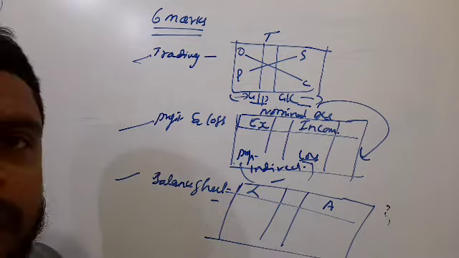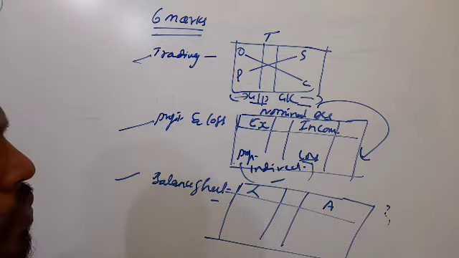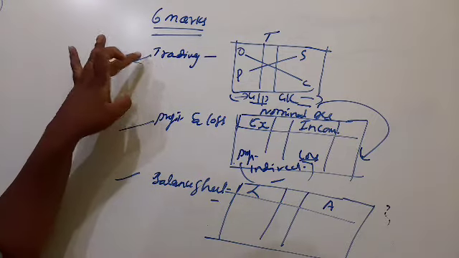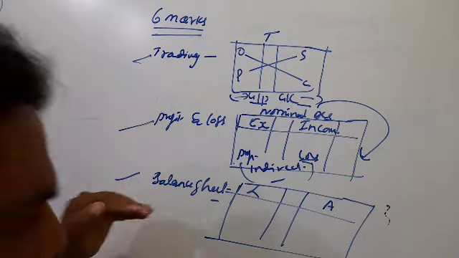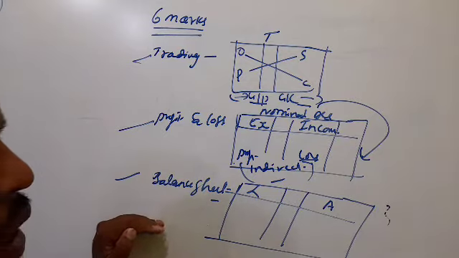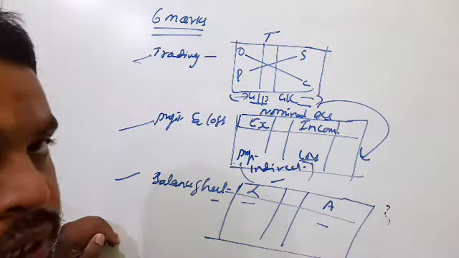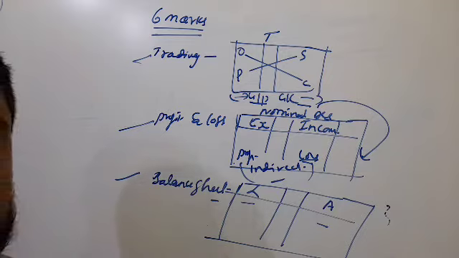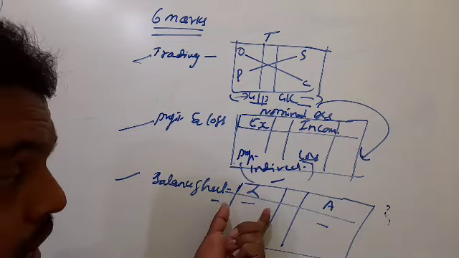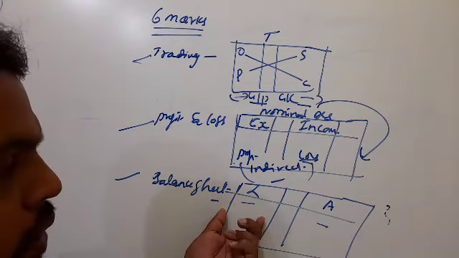Trading account, profit and loss account and balance sheet are the financial statements and these are the components of final accounts. In the balance sheet, we will record all the assets and liabilities. Assets include non-current assets, current assets, other current assets. All liabilities, non-current liabilities, current liabilities, will be recorded